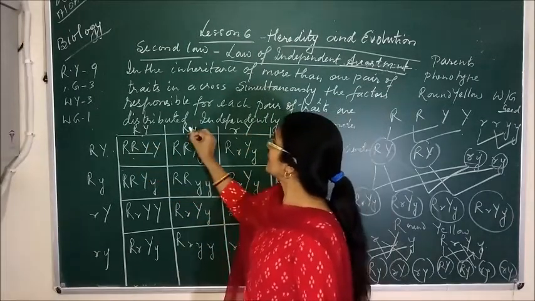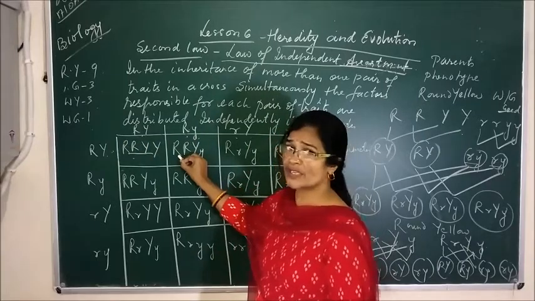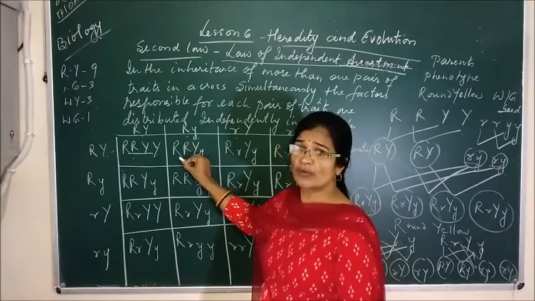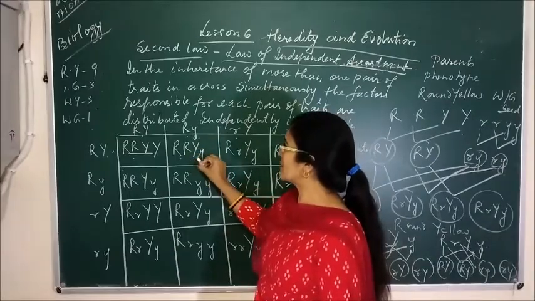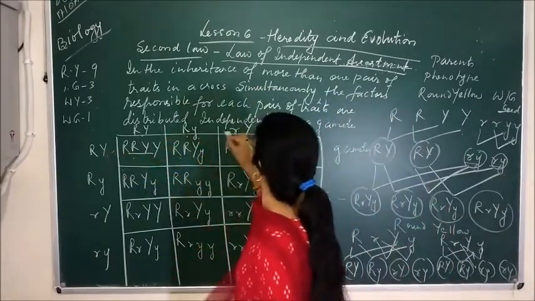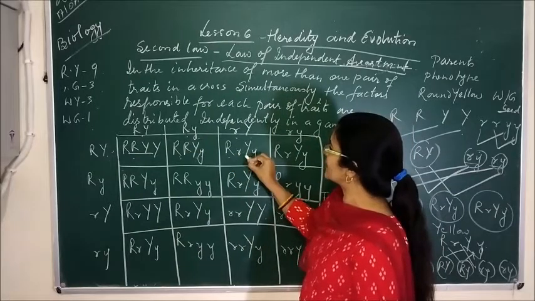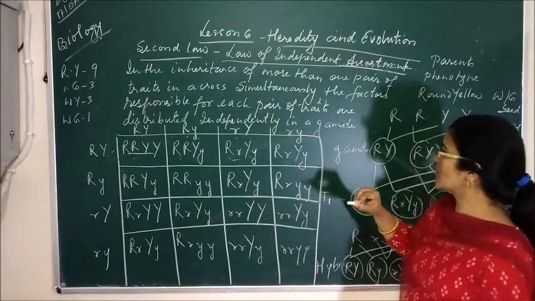In the second, when these two were crossbred, we can also see round yellow, because here round is the dominant and capital Y is also there, meaning both are dominant, round and yellow. So the plant having this seed will also be round yellow. Here in the third, if we crossbreed this with this, then here also we can see both dominant characters, round and yellow. So this plant will also have round yellow seeds.